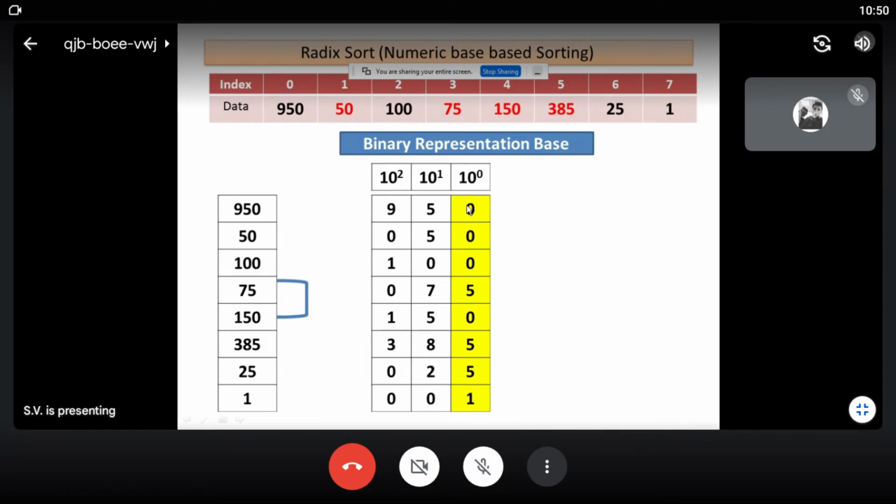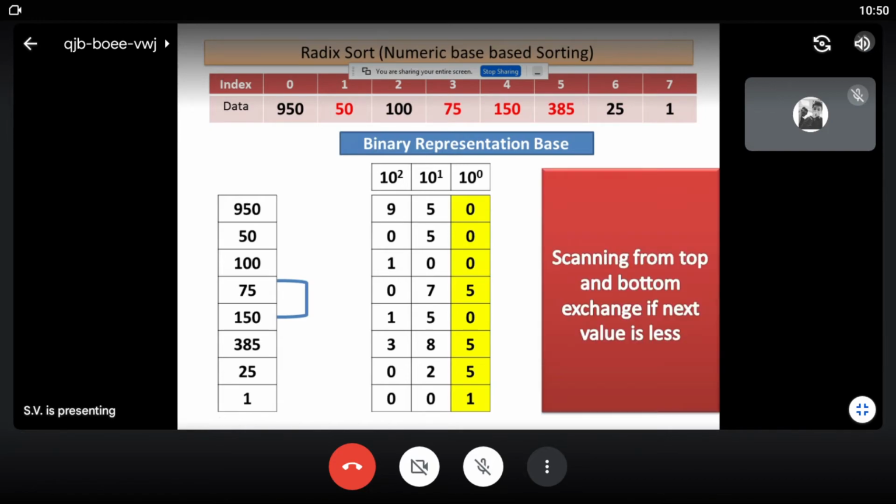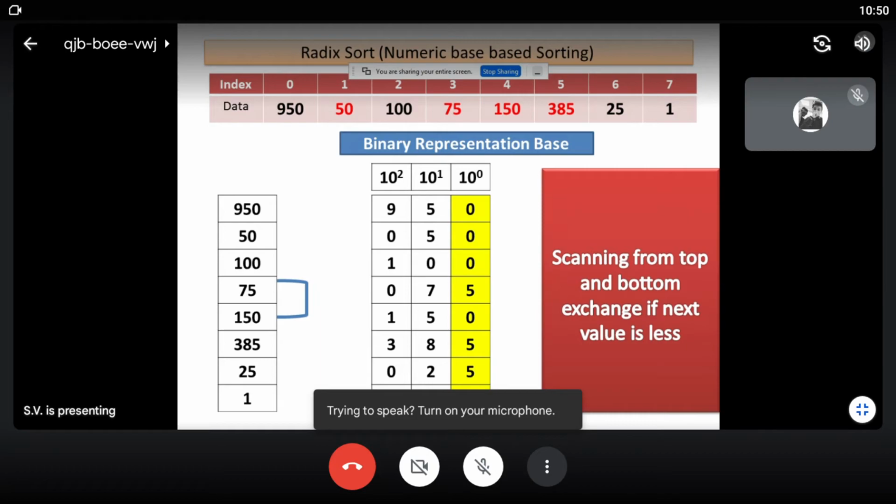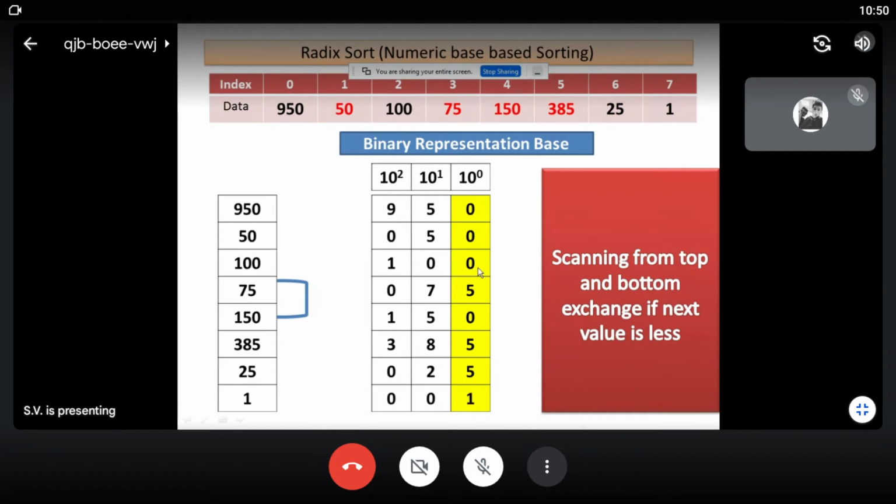Now we are using the first base, that is 10 raised to 0. The strategy is again scanning from top to bottom and exchanging the values if it is less. So 0 is compared with 5, no exchange, then 5 and 0 will be compared. So it is 75 and 50, 150 will be exchanged.